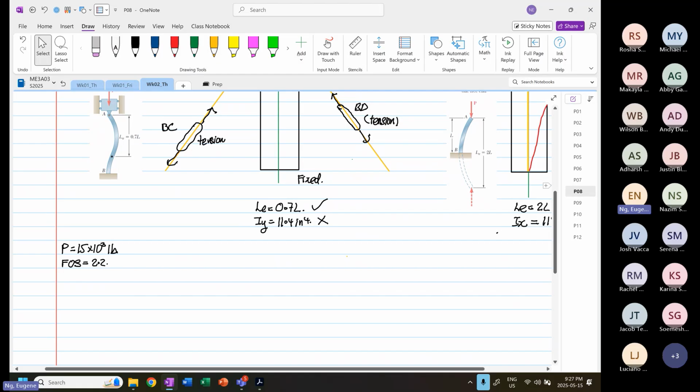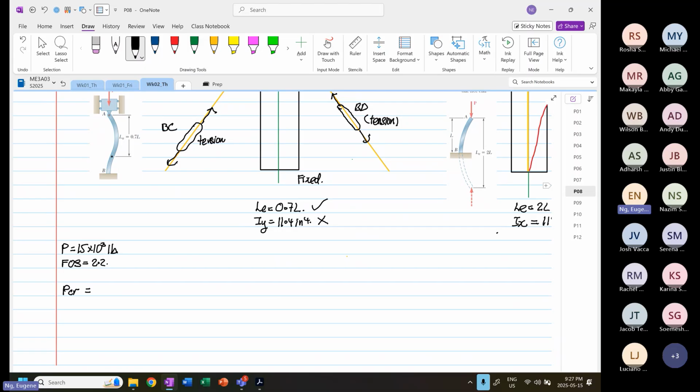So from here, we can calculate our PCR is equal to factor of safety multiplied by our P. For this case, this will be equal to 2.2 times 15 times 10 to the power 3. So it's equal to 33 times 10